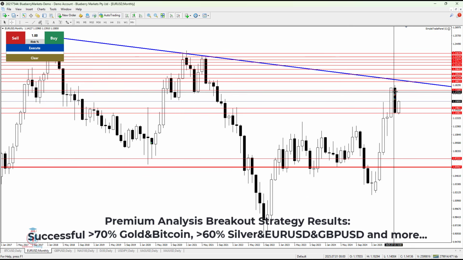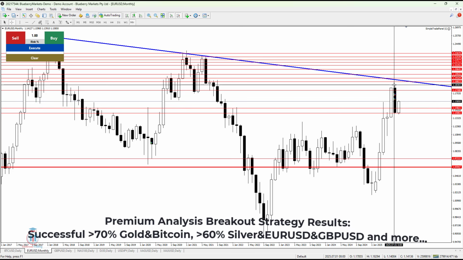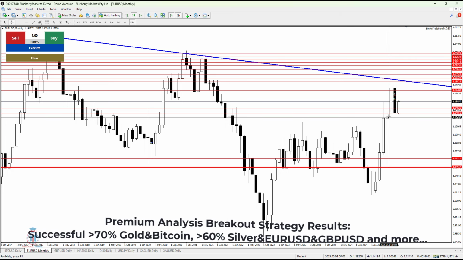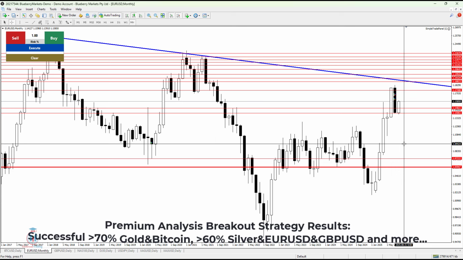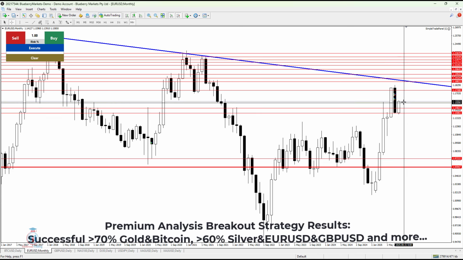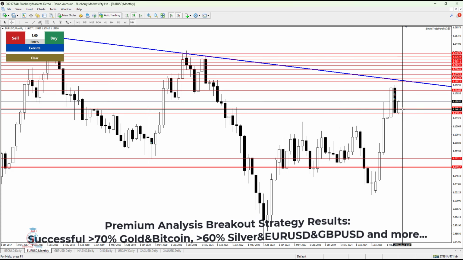Monthly time frame has closed, and we can see the monthly candle, the previous month, has closed as a bearish candle. The bearish candle that could not go below this area of support, which is a very important one for the sellers in order to allow the price to drop even further down. But we can see the price has dropped slightly above, and currently it has bounced from this area of support, and it is currently in between this area of resistance and the support.